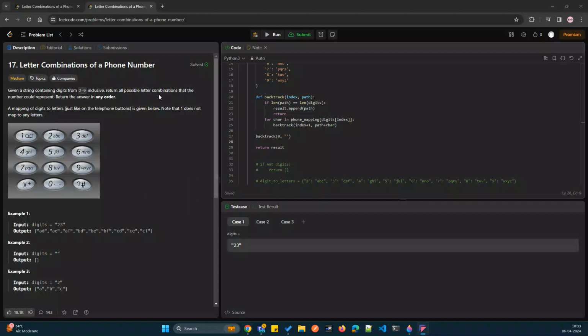So the 17th problem in LeetCode is Letter Combinations of a Phone Number. Basically, we'll be given two digits and we'll have to find out the combinations. Before actually starting the problem, if you know the keypads in the old mobile phones, let's say